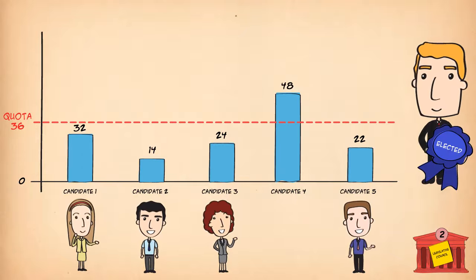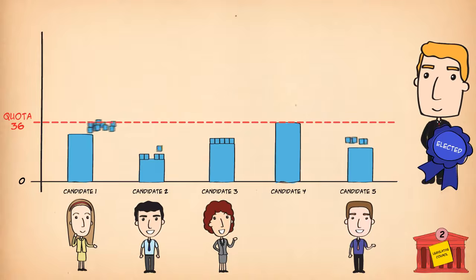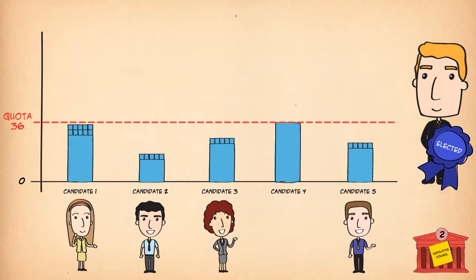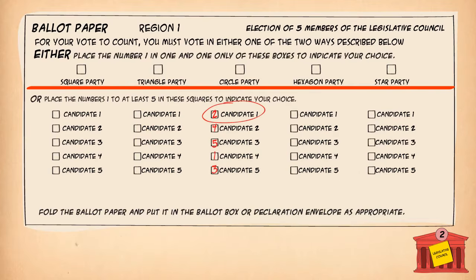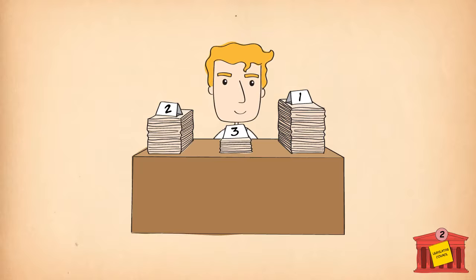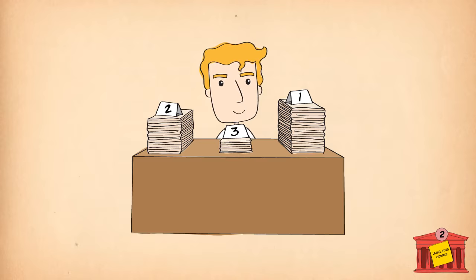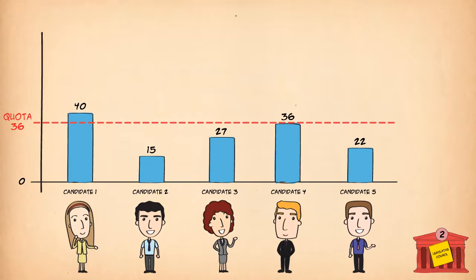The votes over the quota are called surplus votes. These are shared among the remaining candidates. To work out who gets more votes, we cannot just look at the ballot paper of the surplus votes. They will not fairly represent all the second choices. So, all candidate 4's ballot papers are checked and second choices counted. Here candidate 4 got 25% more votes than he needed, so each transferred vote is worth a quarter of the vote. Candidates who have now reached the quota are elected.